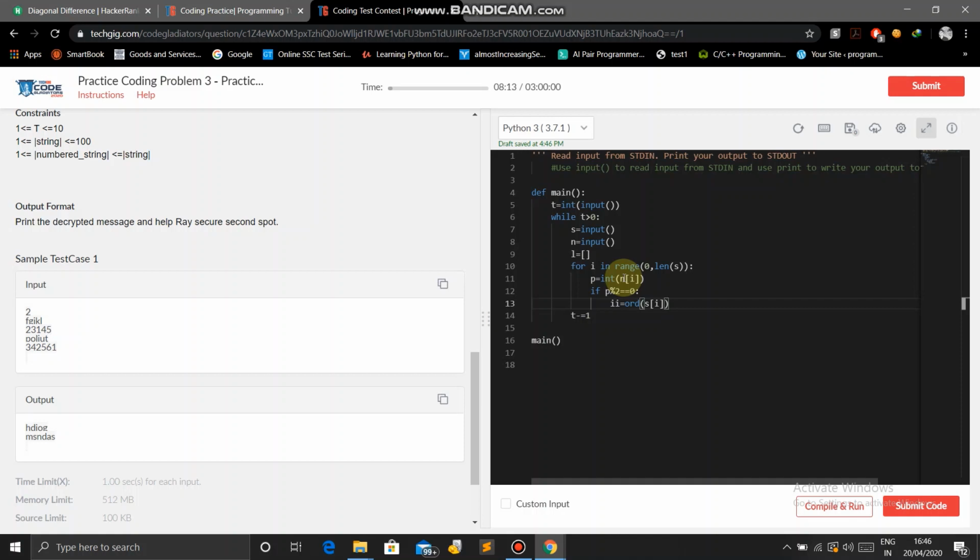We are taking the ASCII value. ORD function, what is this? ORD function do take the ASCII, take the character and give the ASCII value. Okay. Plus, so ASCII value of each character plus p. P is the number which we want to add.